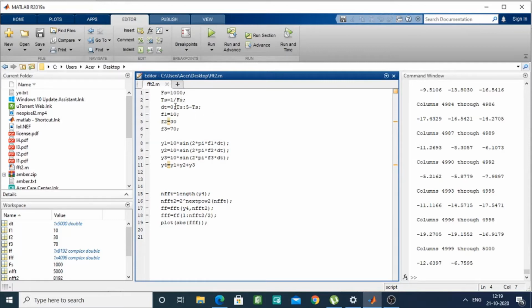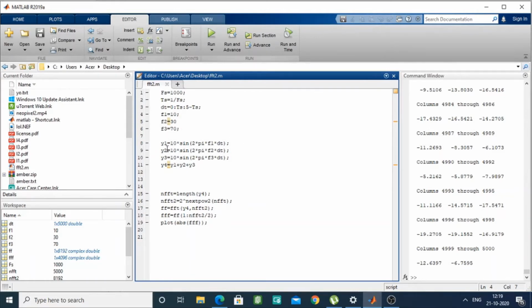Then we have dt, which gives us the duration and starts from 0, and the time from one sample to the other is ts, and for the duration let's take 5 minus ts, which is 5 seconds minus ts. Then we have taken three frequencies, f1, f2 and f3. For f1 we have taken 10 hertz, f2 is 30, f3 is 70.